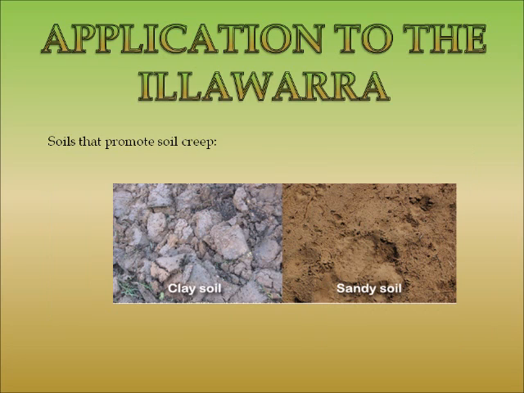The soils of the Illawarra escarpment are influenced by the downslope movement of both debris and water. They display contrast between sandy and clay horizons, which are both prone to soil creep, as sandy soils are loosely packed and can move downslope easily, and clayey soils are able to retain water efficiently. Because of this, when building in this area, soil creep has to be taken into account.